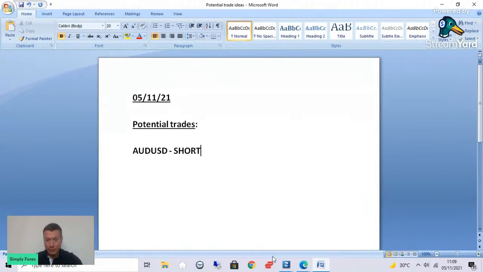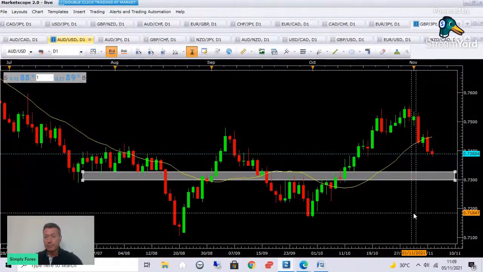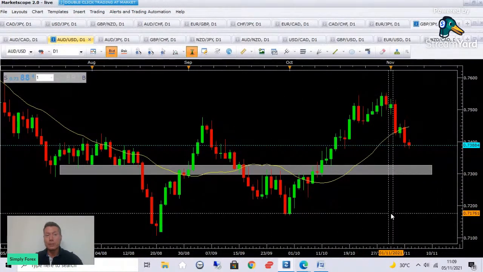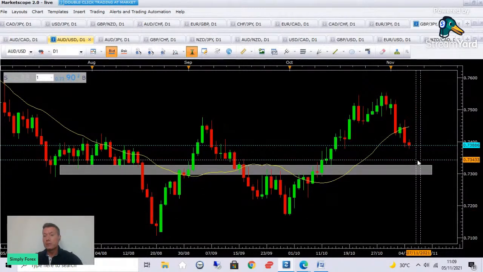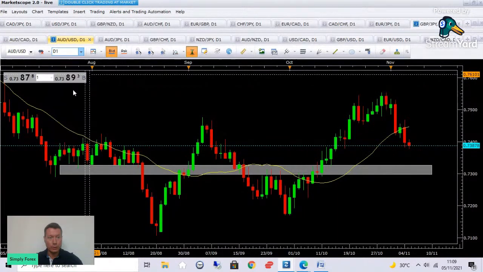I do this every morning. Okay, right, so now what we need to do is look at, so I used the daily chart for my direction, but now I'm going to look at the H1 for potentially my execution zone. So I like this trade short. Let's look on the H1.